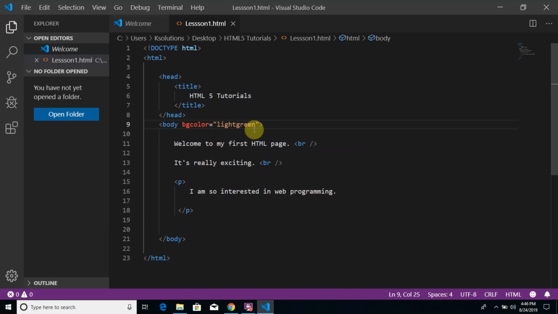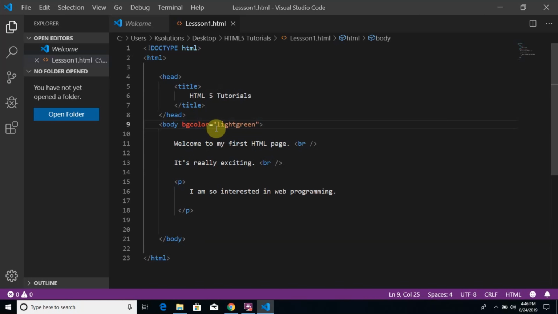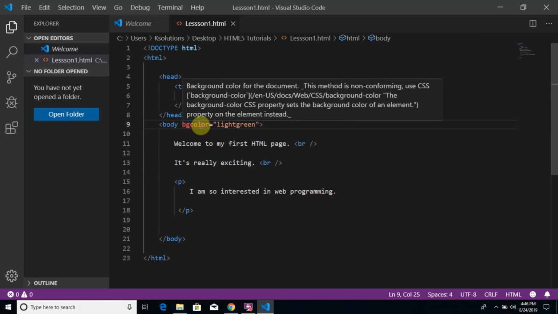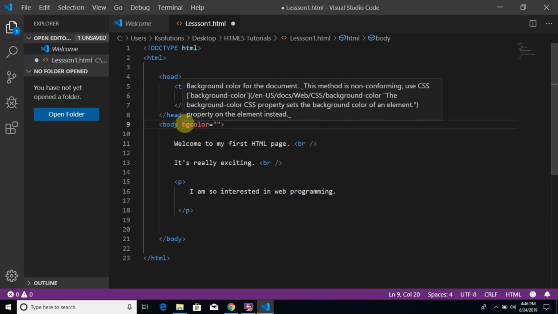All right. Now this is an earlier version of HTML, and it still works a little bit with HTML5, but it's unpredictable, so it's not supported in HTML5. Now I want to write how you should be doing it. Okay, so be it bgcolor or whatever, the next thing that I want to write, this thing